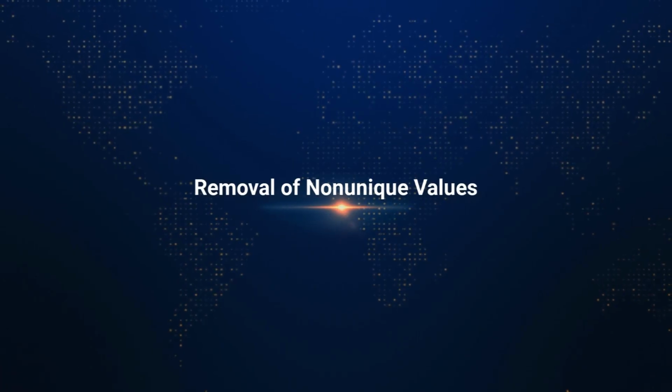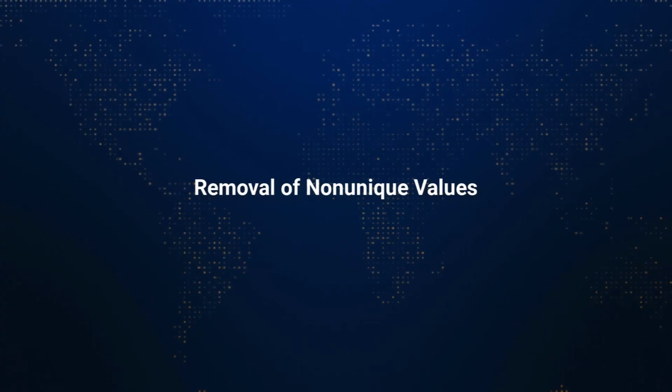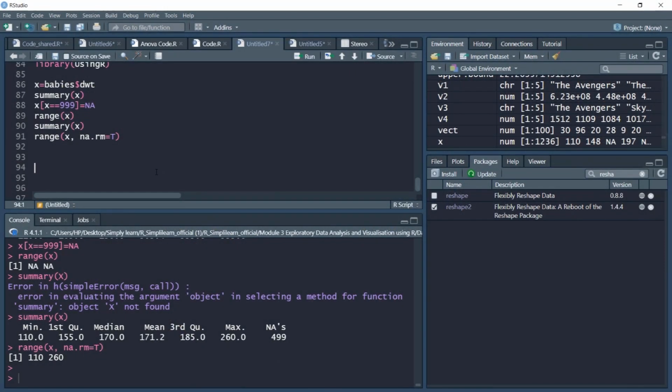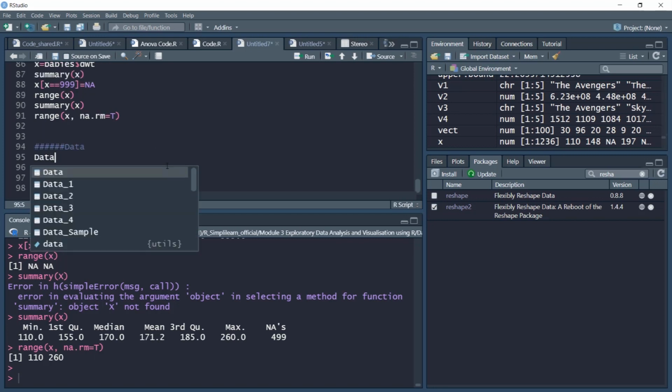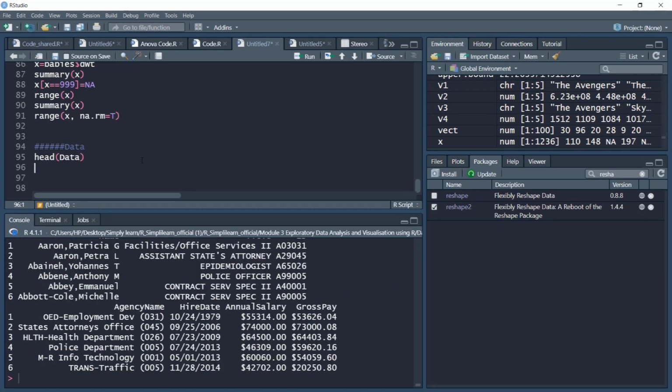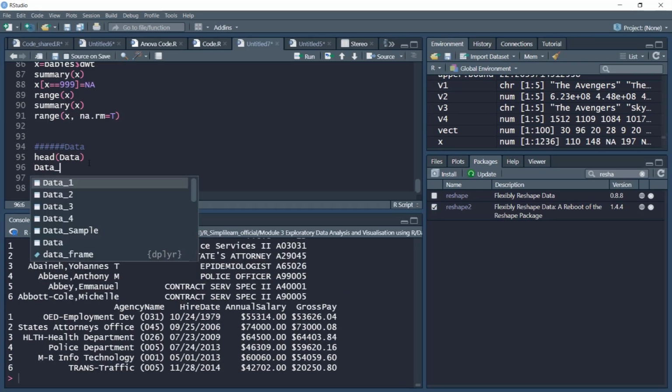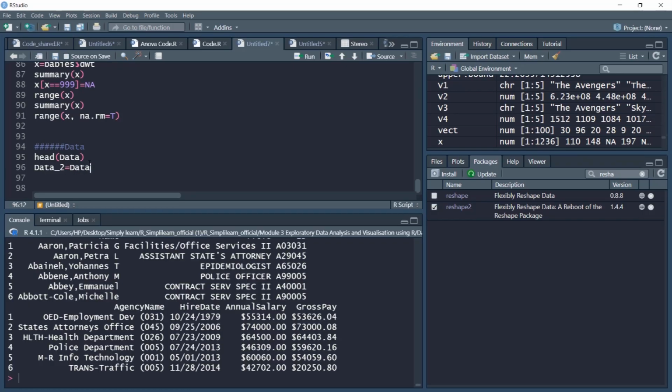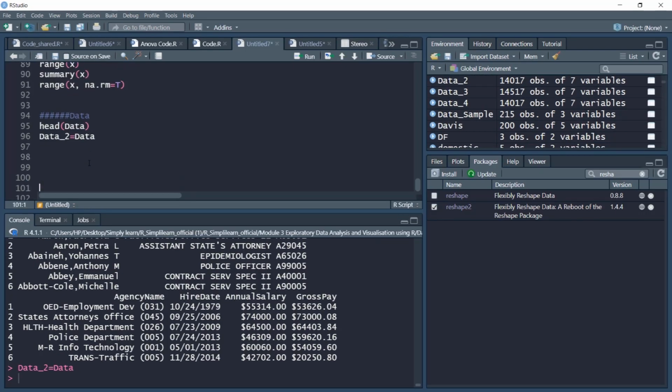In this video, we'll examine how to remove non-unique values. Recall that we had original data, salary data, which was saved into data variable. We can check the head of this variable again. So this was our salary data. Let's create a copy of data as data underscore 2 and save the values here. Simple assignment operation.